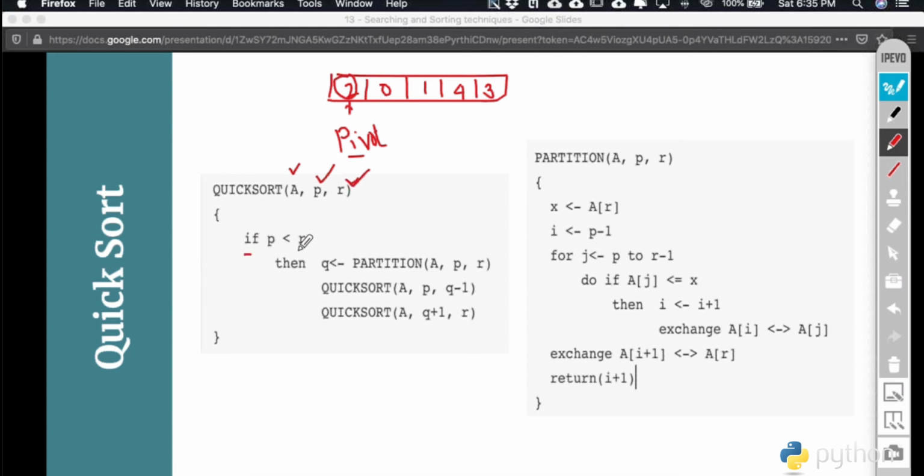So if this condition is true, then we go ahead and call another procedure called partition, which basically partitions this list. When we say partition, you will get a new partition of this list, because you are going to fix this element 2 into its right position. So maybe you have inserted it somewhere here, and while inserting, what is expected is that all the items which are lesser than this 2 are on the left side. So maybe you find a situation where you have 0 and 1, and all the items on the other side, maybe you find a situation like this.